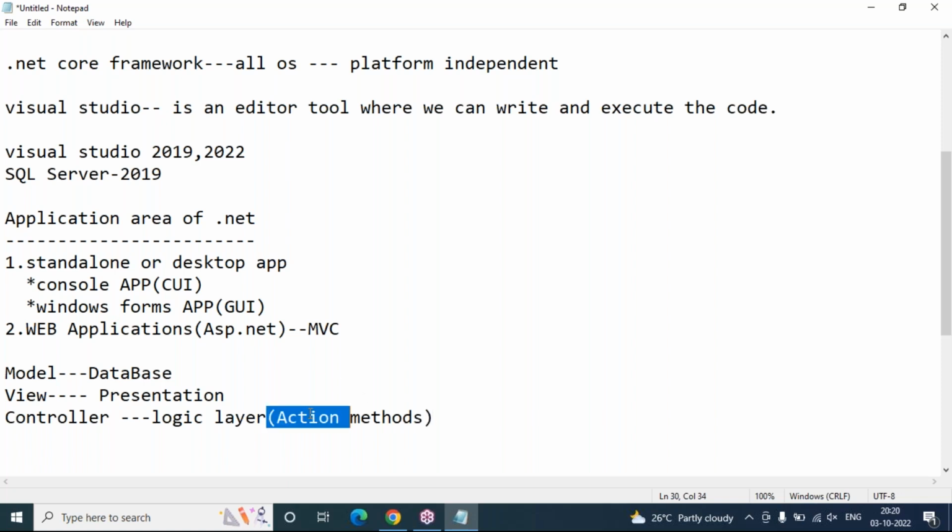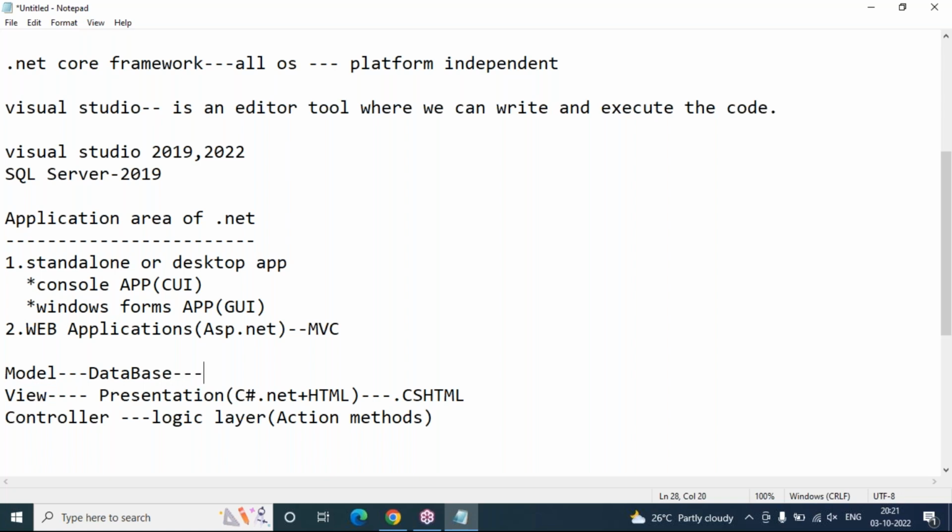If you want to access the same action methods in the view, the view is a combination of C# as well as HTML. Generally, the presentation layer is developed with HTML only, but in the presentation layer, view logic and controller logic also work. So that is called CSHTML, C#.NET plus HTML. In the presentation layer, especially view logic, we see the extension CSHTML, meaning C# with HTML. We prepare the presentation layer view with both combined.